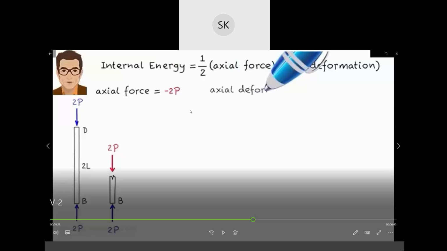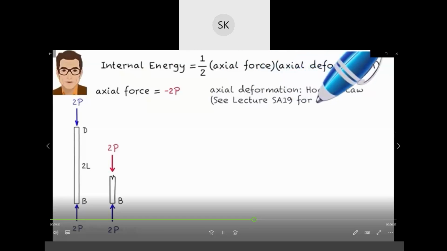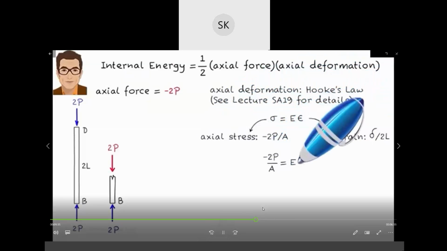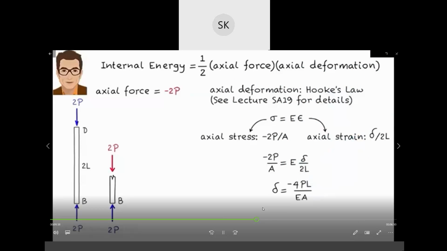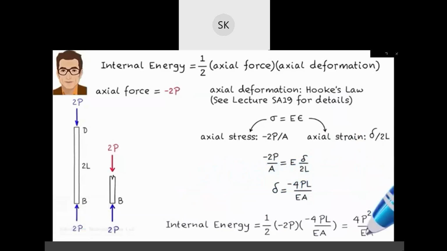For different structures, like a truss, beam, and frame, the internal energy has different expressions. For a frame it will be axial force and axial deformation, and for a truss it was member force and member deformation. See lecture SA 19 for details. The internal energy stored in BD is